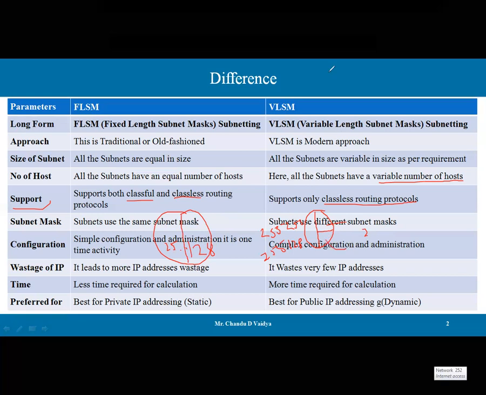Okay, in this way the subnet mask can be very different, because we have a separate video that solves the example. You can watch that also. There is a different subnet mask because the requirement is, let's say, /27, /28, let's say /30. So on the basis of this slash notation value, the subnet mask will differ, because here it is classless and variable length, so the subnet mask will always be different.